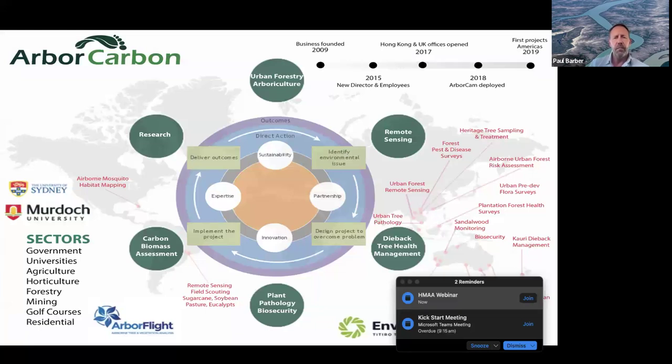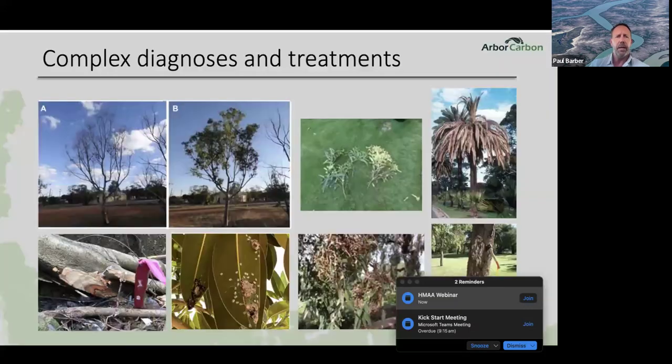We also established a shareholding in a company in the UK called ArborFlight, where our technology goes to the UK and the cameras are mounted in aircraft and they acquire data and push that back. And the same in New Zealand, Aotearoa, the company is called EnviroLens. So the company has changed over that time. It was pretty much almost a sole trader operation for about 6 years. And then we started to employ people, and one of our additional directors, Dirk Hardy, came in addition to Professor Giles Hardy, who was there as one of the founders. And then we expanded and we started to develop ArborCam in 2018, and I'll talk more about that.